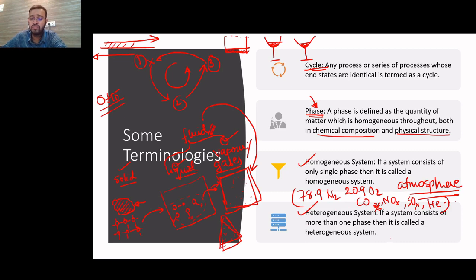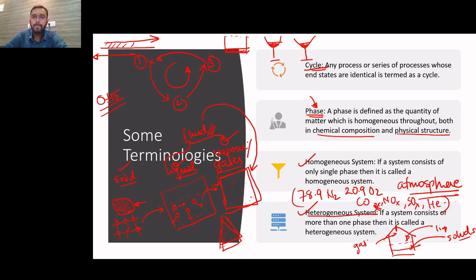For example, in your pressure cooker, as you're heating it up, there's some amount of liquid. If you're cooking some rice, then it's going to be liquid. Above the liquid, there's going to be some amount of gases, that is your air plus water vapor. And then you also have the content, so that will be solids. Okay, so it's a mixture. So this is an example of a heterogeneous system.